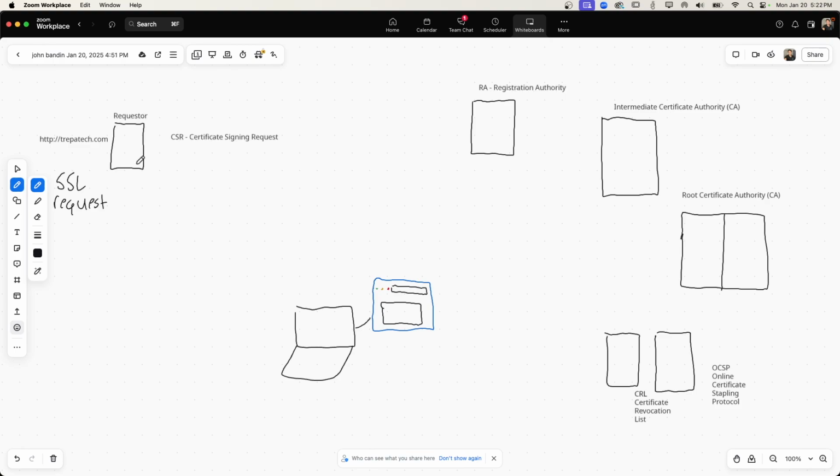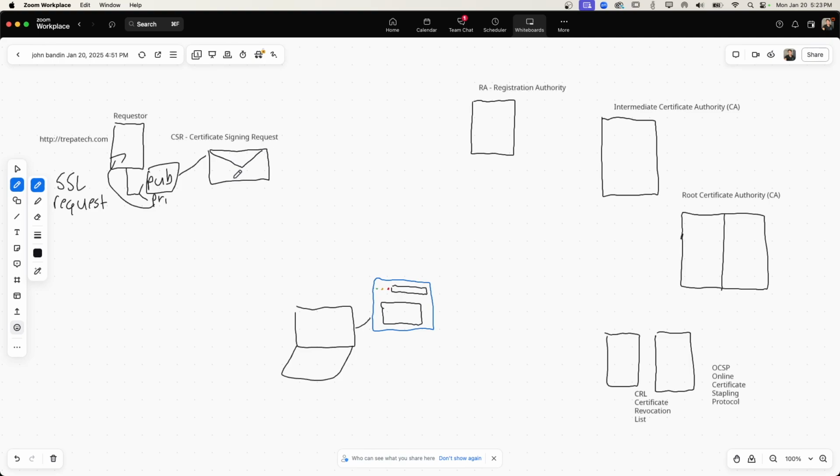So during that SSL request, you're going to generate on your web server, guess what? A public key and a private key. Now, you can use RSA, an asymmetric encryption algorithm. We have DSA, other things like that to generate these key pairs. So you generate your key pairs, public key and private key. That private key gets stored here. Then that public key during your SSL request is going to go to your CSR,